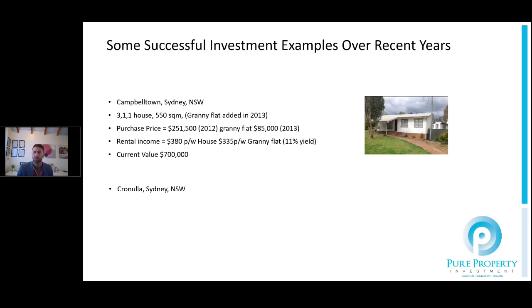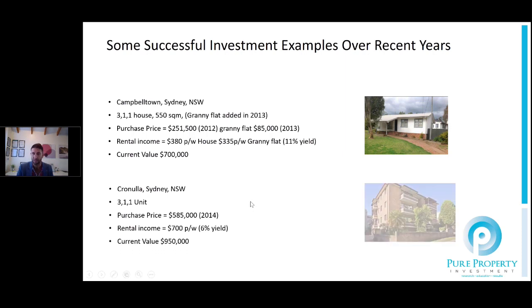At that same time, we were buying properties probably in more of the affluent blue chip areas. This particular property was a unit in Cronulla. This was a standard walk-up 3-bedroom brick property, and that was purchased for $585,000 in 2014. Rental income of approximately $700 per week, which is around a 6% gross yield, which is still very tidy. And again, the current value of that property is sitting around that mid-900s. Again, a 3-story red brick walk-up, walking distance to train, and a few other aspects, which is a very sound, simple investment.